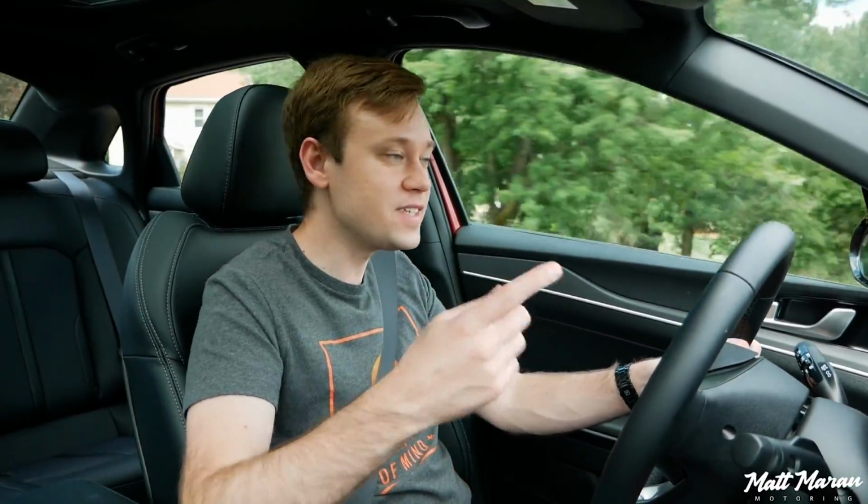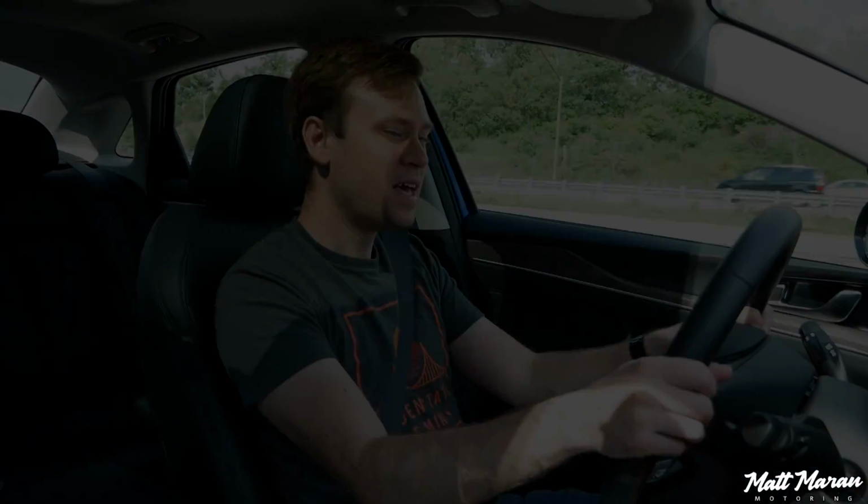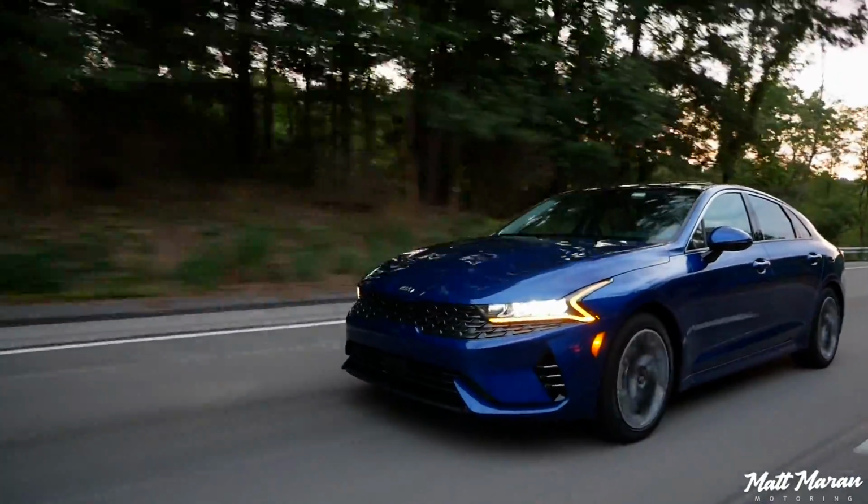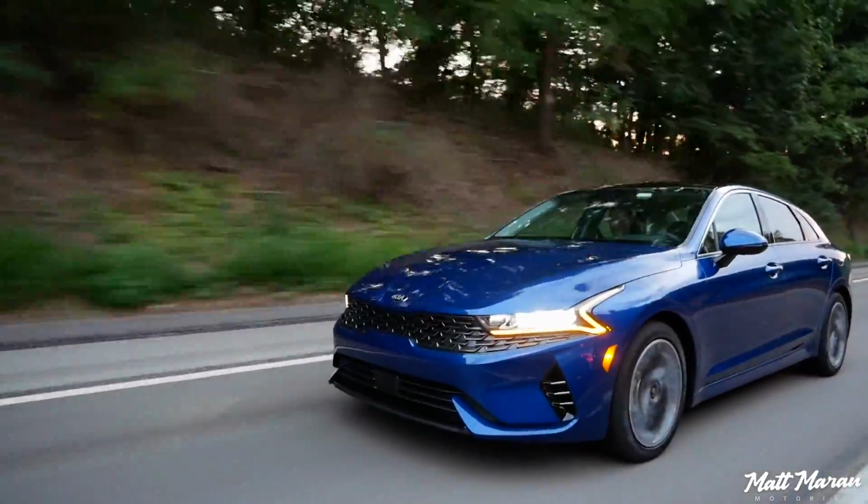We'll go over the safety tech in the K5s here, as well as their fuel economy and the pricing of them. Alright, so now I'm in the EX trim here, and we're merging onto the highway. See how the K5 does as a highway cruiser. And it's pretty nice. You get a little bit of wind noise, but it's really